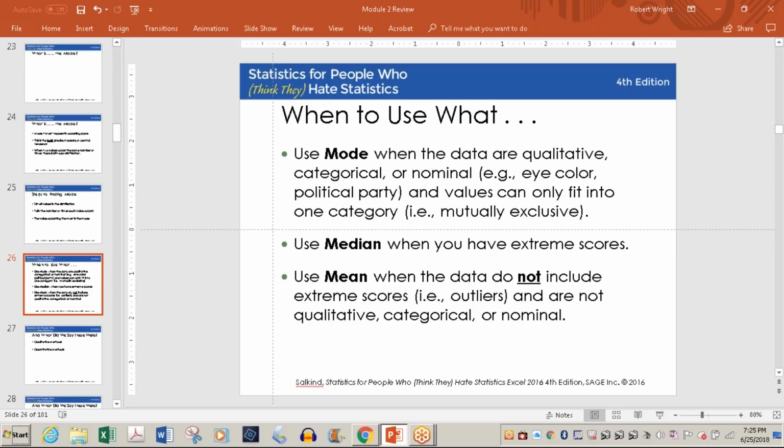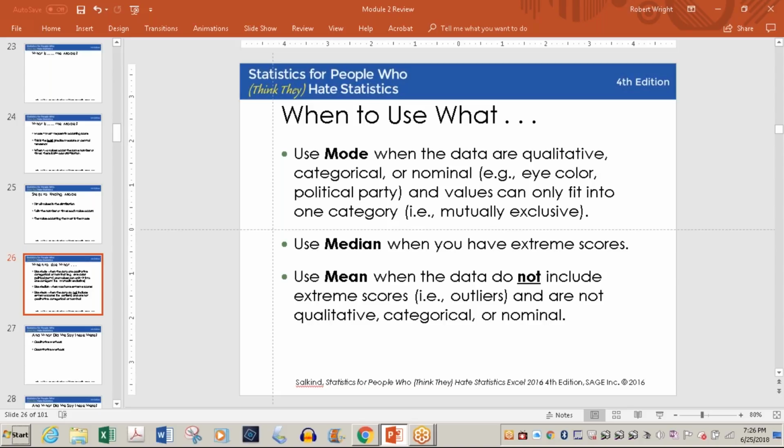It's like if you were to ask 100 women, are you pregnant or not pregnant? And say 75% of the women were not pregnant. You couldn't say the mode is that the whole group of women are a quarter pregnant, but you'll see in stuff that gets published the mode being used that way. Maybe not in reporting how many women are pregnant, but you'll see it being misused as something other than this category and that category. And again, just because it's published doesn't mean it's good. It doesn't even mean it's factual or valid or reliable.